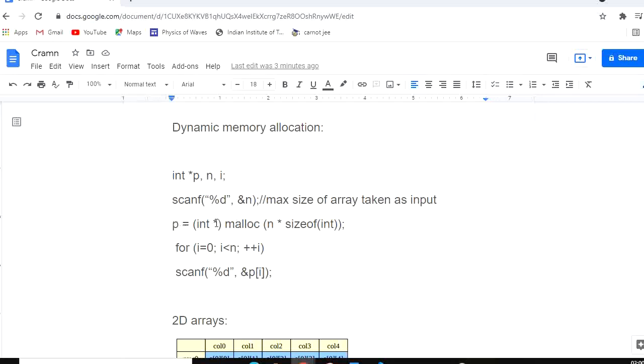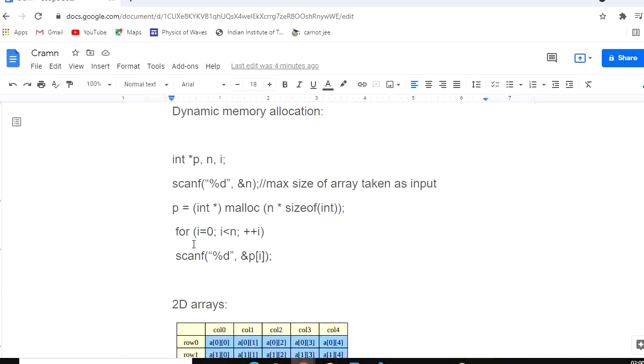So we typecast it to int *, such that it is a pointer to an integer, and the first cell is returned by the malloc function and stored in p. Now p is an integer type pointer which represents the whole array, and similarly we can use the array operations and take in the input normally like we do in an array.